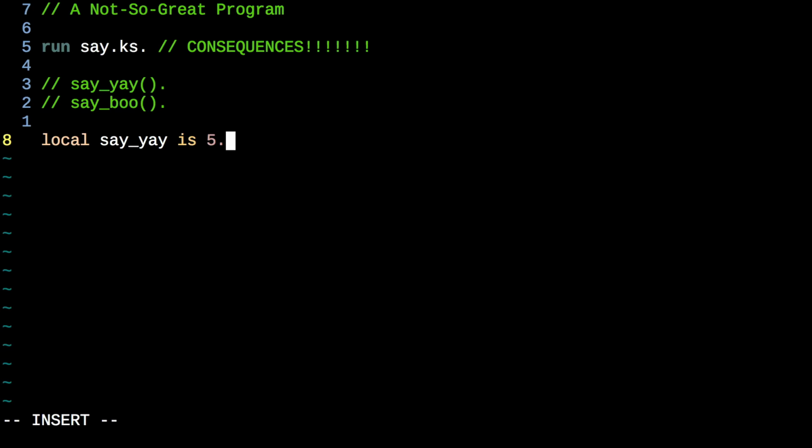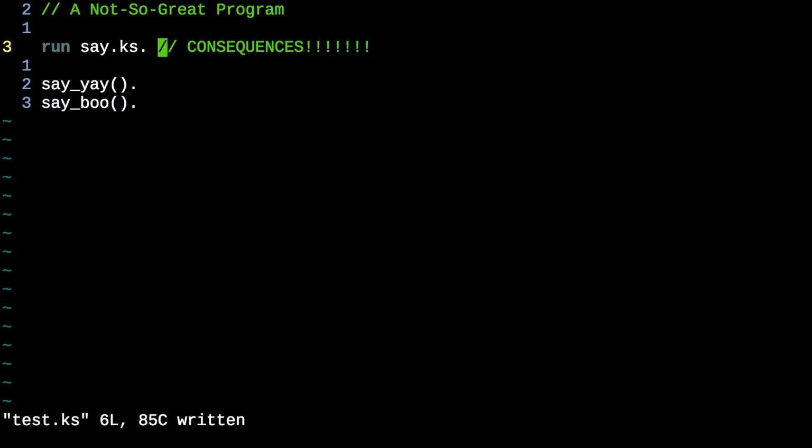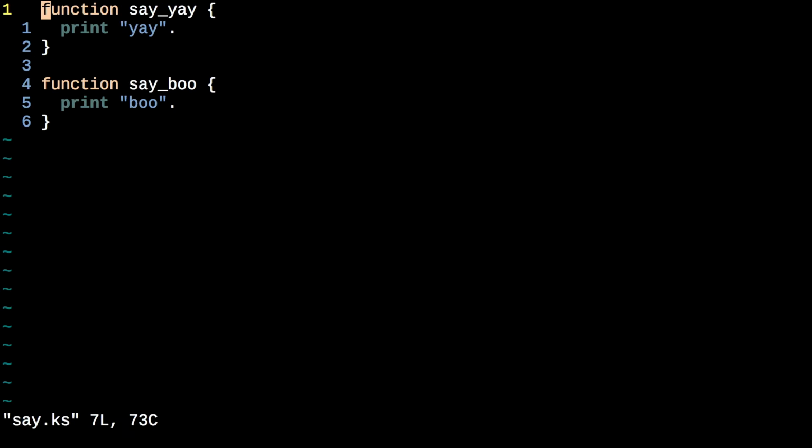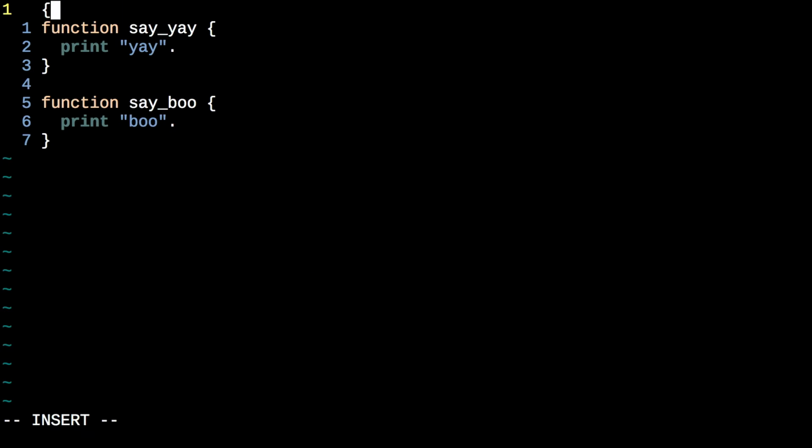And with say yay, that's probably fine, and we've prefixed these and they're generally okay. But sometimes if you're running a bunch of different libraries, now you've got to make sure that none of them call dibs on the same words, or you're going to end up with problems. So what did we do? I'm going to go ahead and jump into this say library. What we did to try and fix this